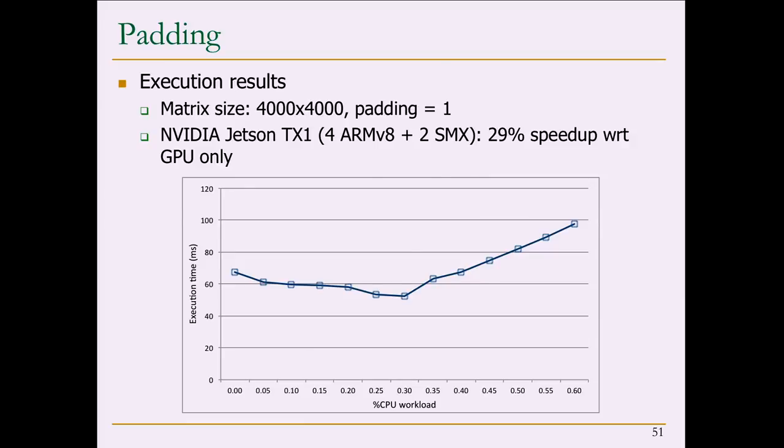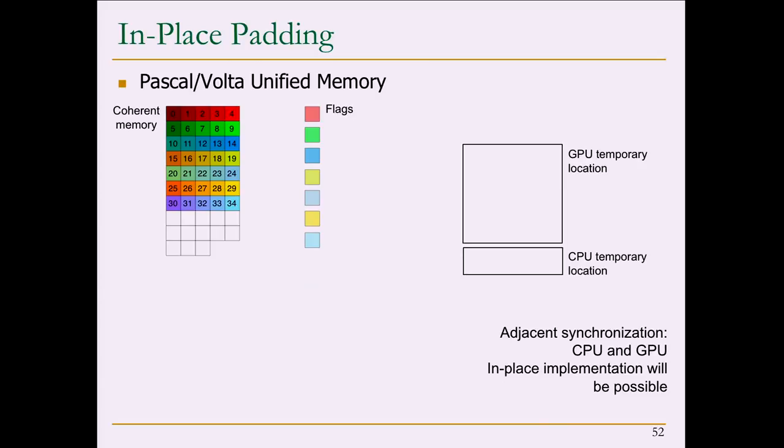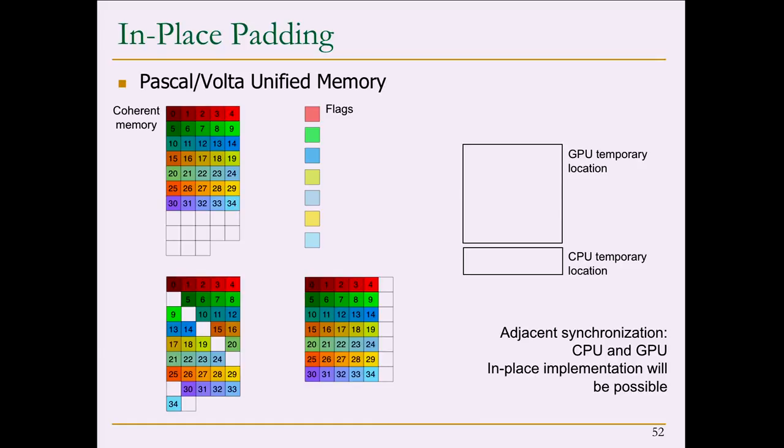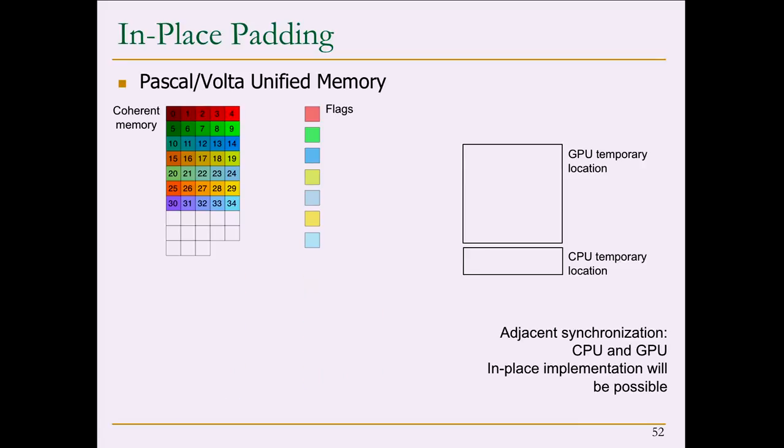This is fine, but it could be even better if we can have them both working. If we don't need to do this kind of static distribution, it could be even better if we can do this in a dynamic way, and this is possible with the new heterogeneous features. In the example in the slide, what you are going to see is some way to do exactly the same, but operating in place. And this is only possible with the new features like the unified memory, memory coherence, and